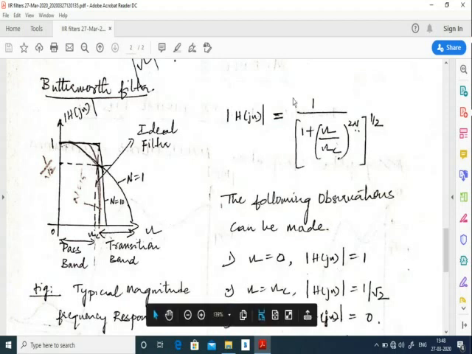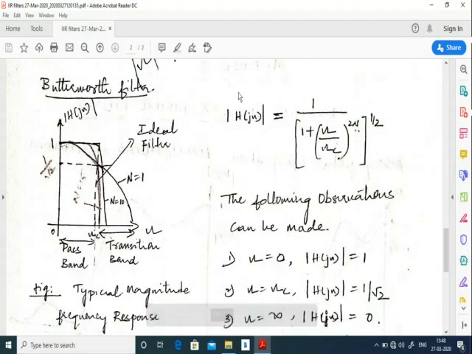Now, the magnitude, this gain, magnitude of H of j omega, is in general given by 1 by (1 plus (omega by omega c) whole power 2n) whole power 1 by 2. Here omega is the frequency at any point, and omega c is the cutoff frequency somewhere here. Now the following observations can be made